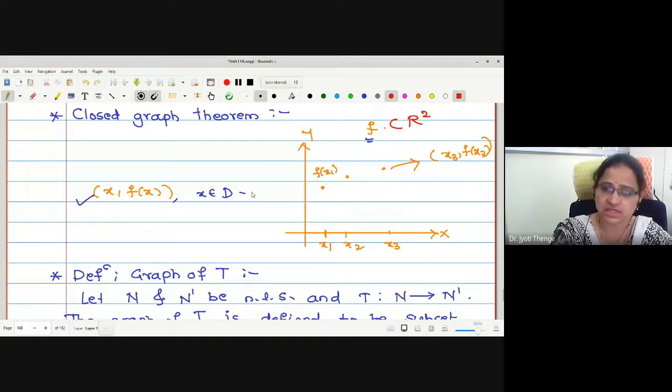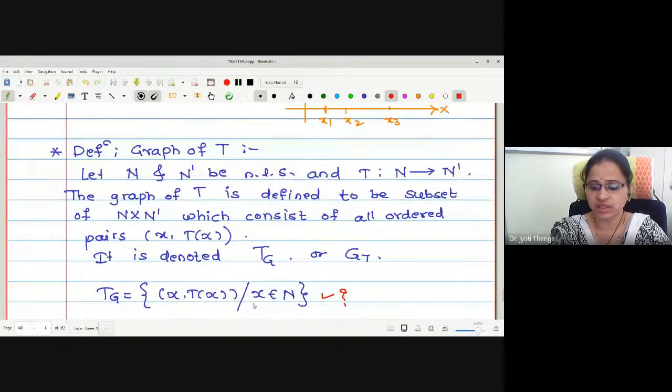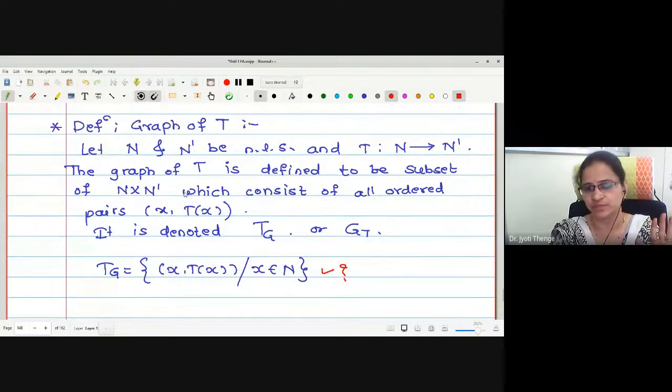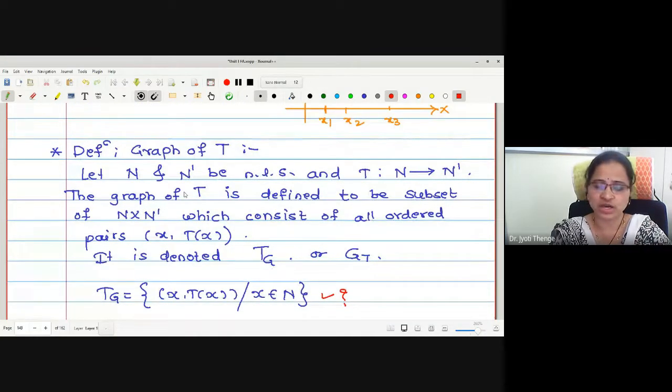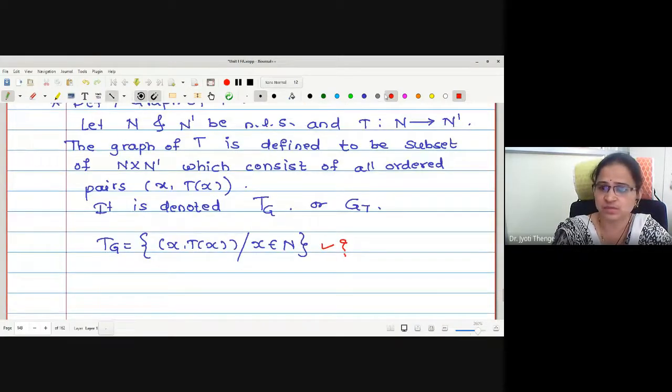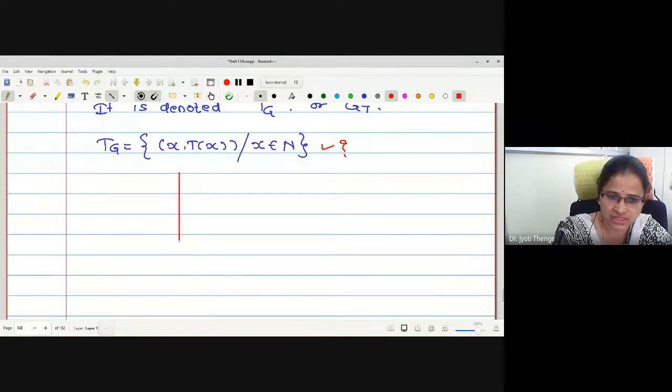Now, in this set T_G, our first theorem is to check whether this T_G itself is a normed linear space. If it is a normed linear space, and we define the norm, then we want to check whether this is a Banach space as well. The whole discussion is going towards whether the corresponding set is a Banach space or not. Now, if you look at this graph, as I told you, these are the points of your graph.